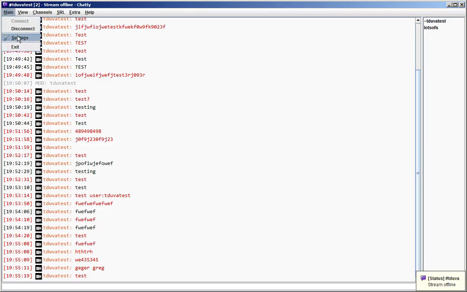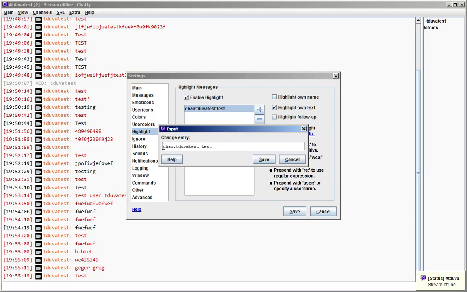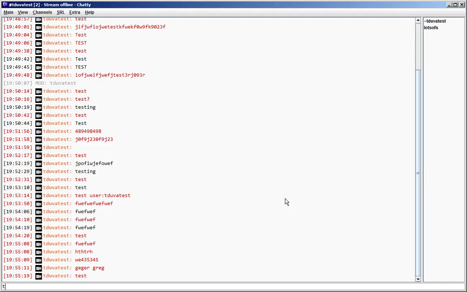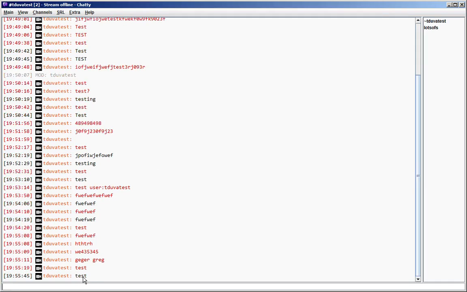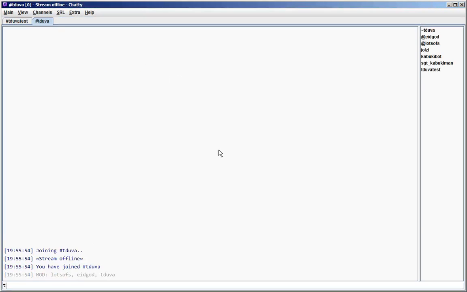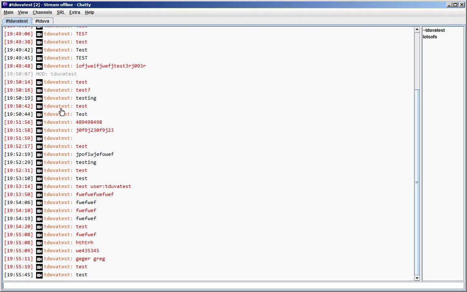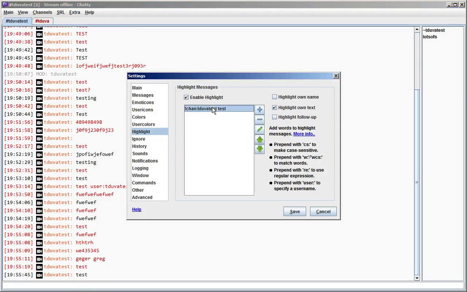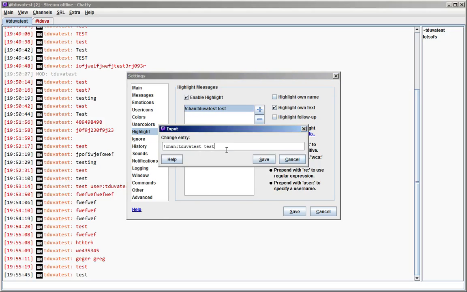So yeah, that can be useful if you want to have a highlight only in a certain channel, and you can also negate this and have a highlight in any channel except the channel you specify here. So for example, now it wouldn't match here anymore, but it would match in any other channel. Anyway, yeah, now it matches here, but not in the channel I specified here. Okay, so that's basically the general prefixes that also apply to the ignore system.